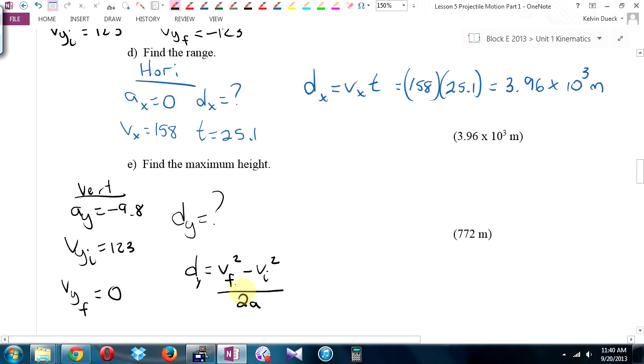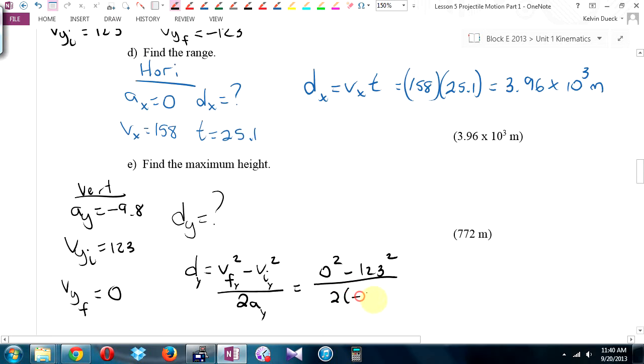And just to remind myself, I'll put Y's, to make sure I go vertical, vertical, vertical. Because the other common mistake I sometimes see is kids want to put VX in, or they want to use that 200 as the initial. You'll notice, by the way, that 200 that was slanty, we have never used. We found the components, and then we chucked that 200. It doesn't appear anywhere else. This is going to be 0 squared minus 123 squared all over